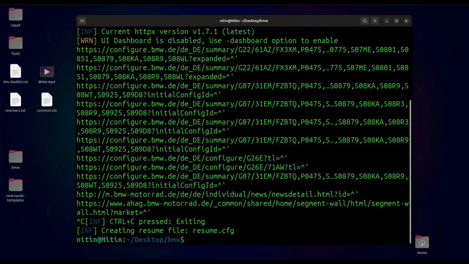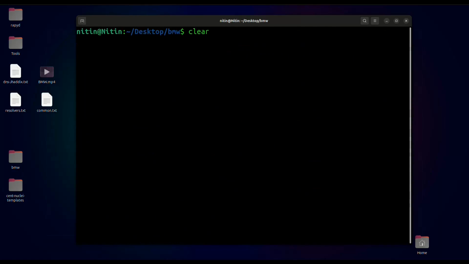So let me just close it. I have used this one, but I will have to use this for, I think, not this. This will be dash a, right?